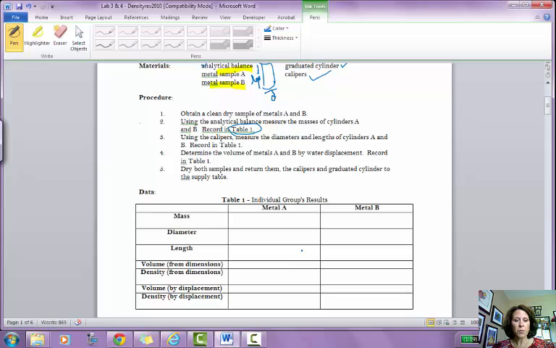When it comes time to do the displacement, volume by displacement, you're going to need to use a graduated cylinder. Now, of course, a graduated cylinder is made of glass, and you're going to put a certain amount of water in there. It doesn't matter how much water, because it's just going to be enough to cover your metal cylinder, which you will then place into the graduated cylinder,